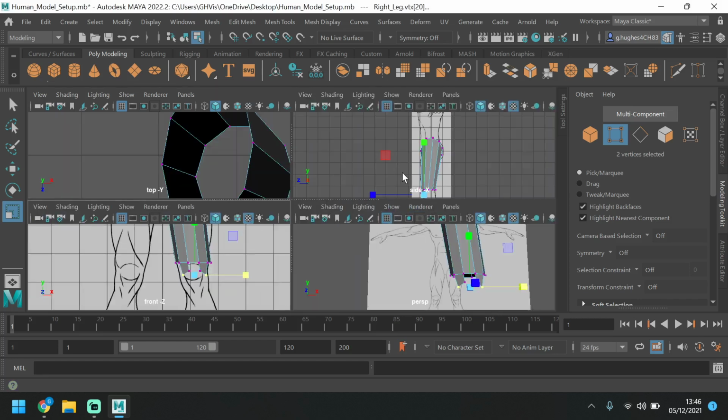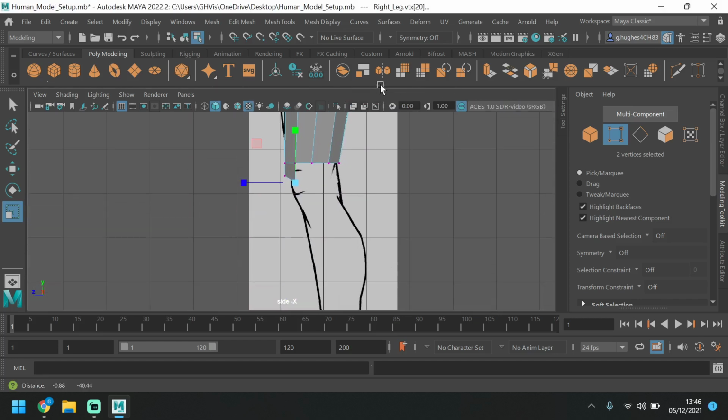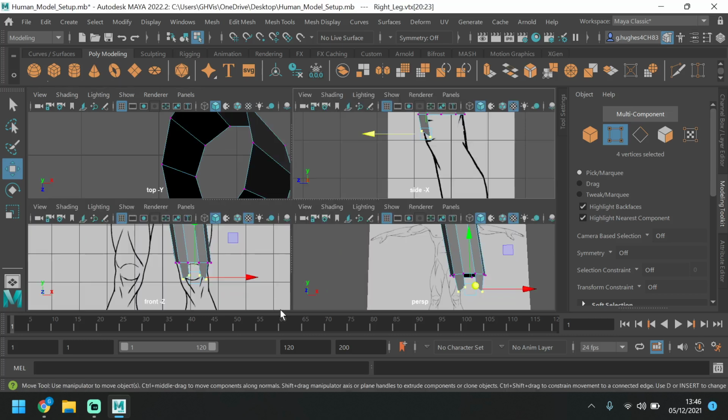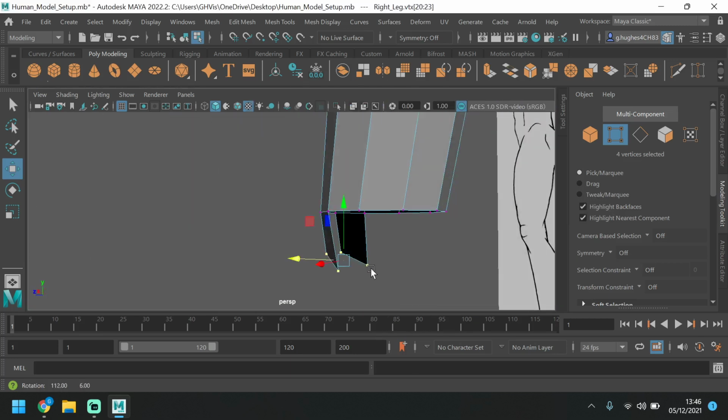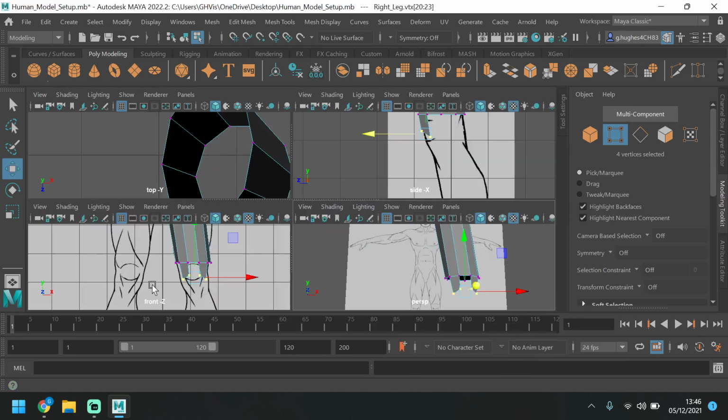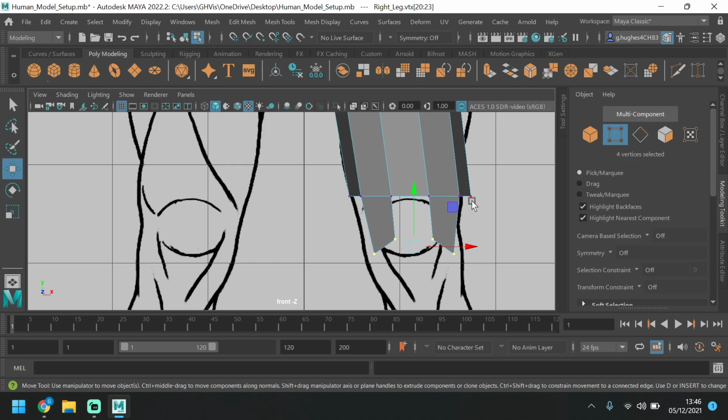Just be careful that from the side it's not going off anywhere. It shouldn't be, but if it is, just be aware of that. These may need bringing down slightly on the side and inwards. So if we look in the 3D view, we start getting that knee starting to come in. So now what we want to do is going back to the front view,